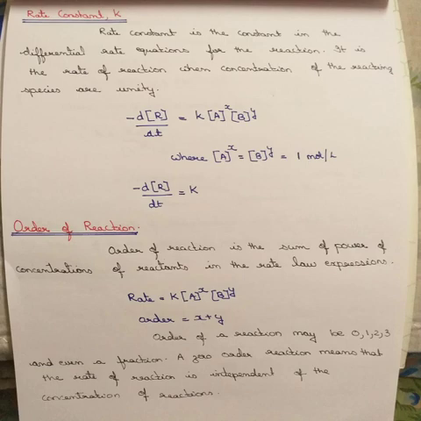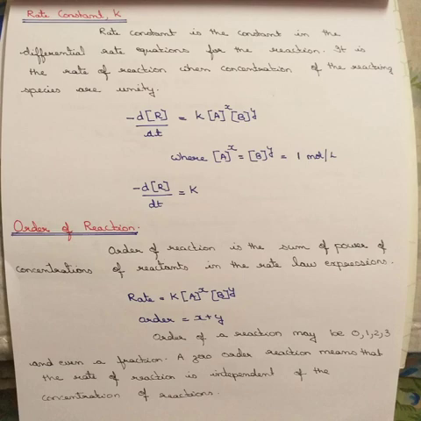A zero order reaction means the rate of reaction is independent of the concentration of reactant. That means that type of reactions do not depend upon the concentration of reactants. The order may be 0, or even fractional values. Unit of rate constant.